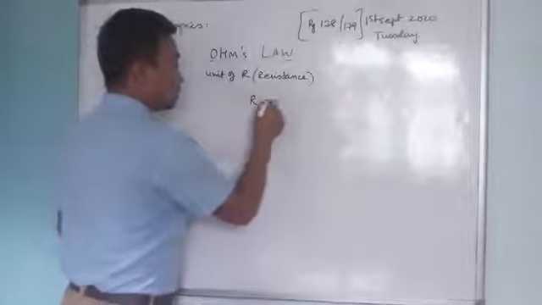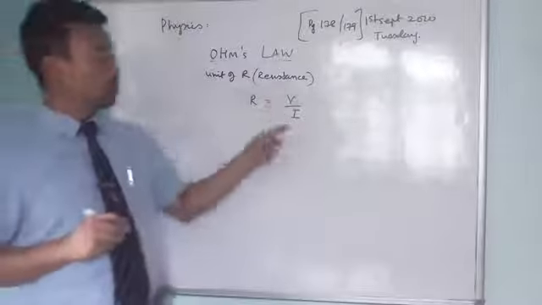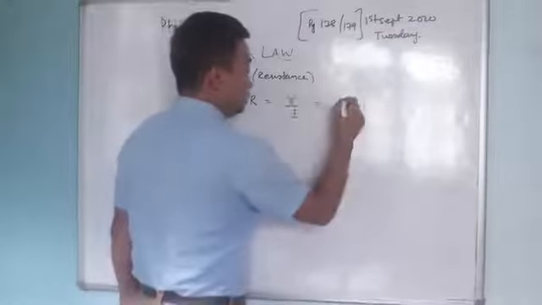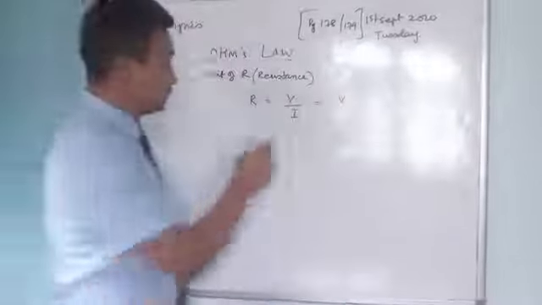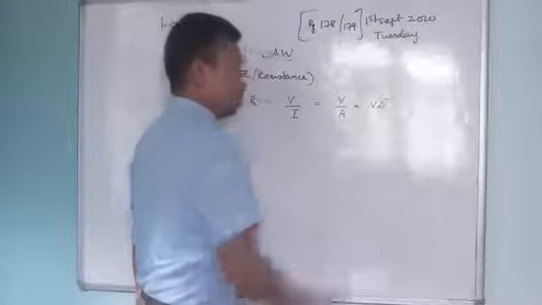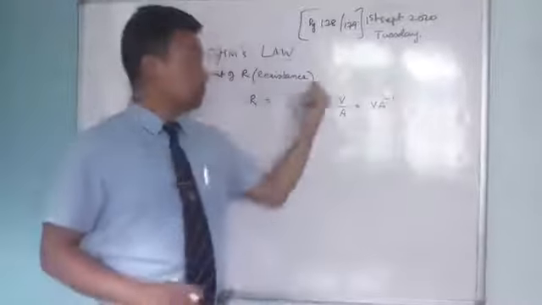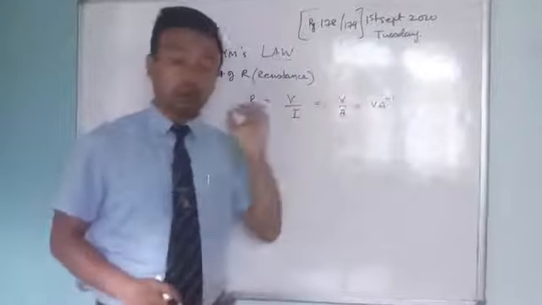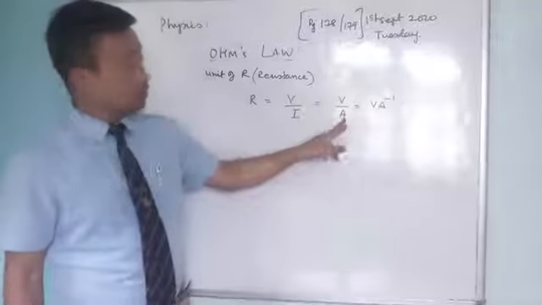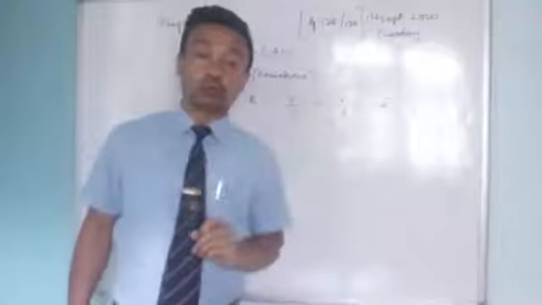We have just learned from the formula. The formula of the resistance according to Ohm's law is V upon I, and we know that V is volt. We can also write volt as V, and the current is ampere, or we can write volt ampere to the power minus 1. Here, your V and V are the same. Do not be confused. V is the unit of the potential difference, which is volt, and A is the unit of the current, which is ampere. So V A to the power minus 1 is the